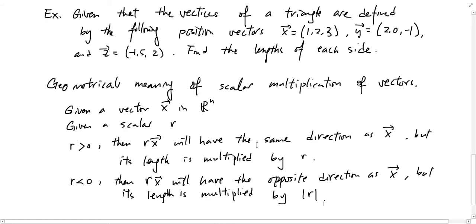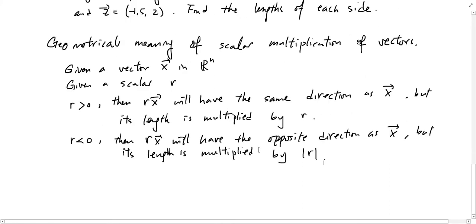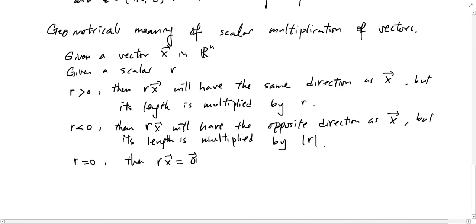Now, some of you might notice what happened to 0. If r equals 0, then r times vector x will just become the 0 vector. So therefore, that's not interesting. Then r times vector x just equals the 0 vector. And that's it. Okay? Important to understand is based on this statement, it's basically telling me that the direction would